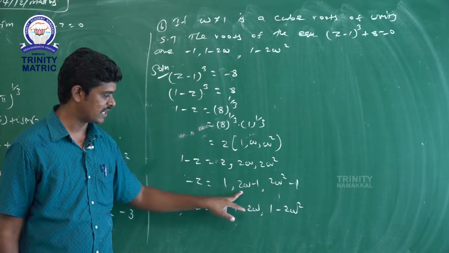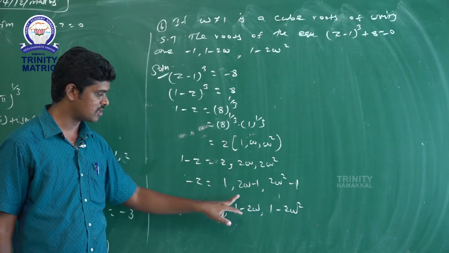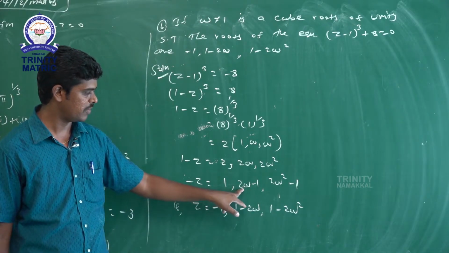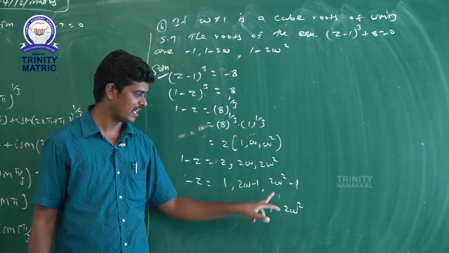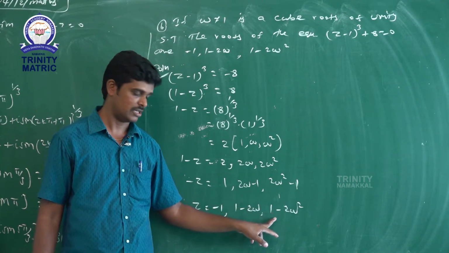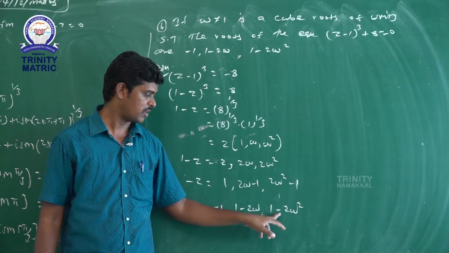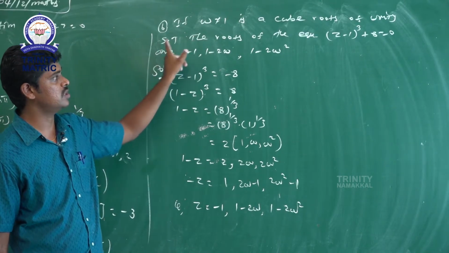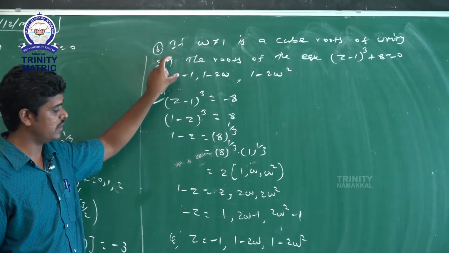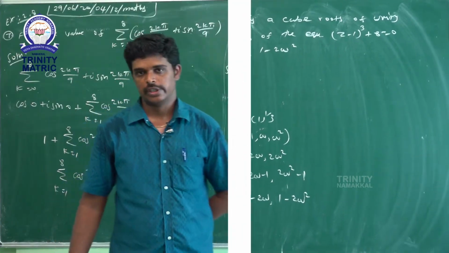Next, the 2 terms' signs change. So 1 is a positive value, put it first, and 2 omega is a negative value, put it second. So 1 minus 2 omega. Same here also, 1 is the real part, a positive value. So 1 minus 2 omega squared. These are the 3 values. This is that question. Okay. Next,